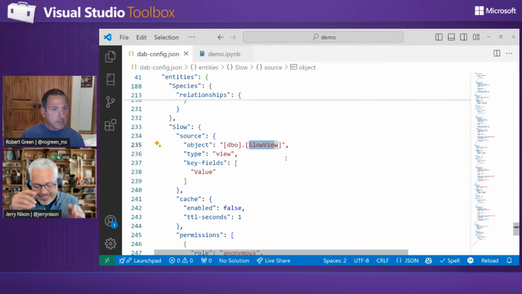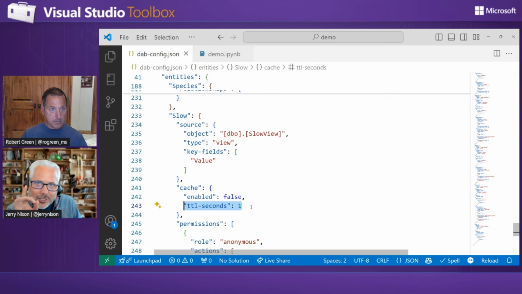And the reason it's called a slow view is because it takes 5 seconds to execute inside SQL. But I've also, for it, turned on cache. It's actually false right now, but I'm just about to turn it on. And I'm going to show you what a single second of cache can do to an operation. It's going to blow your mind